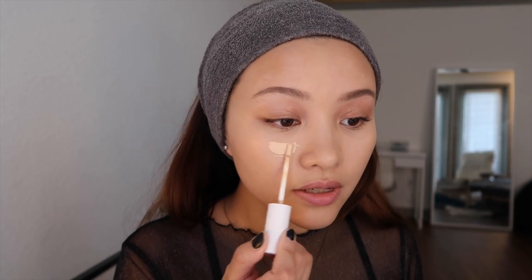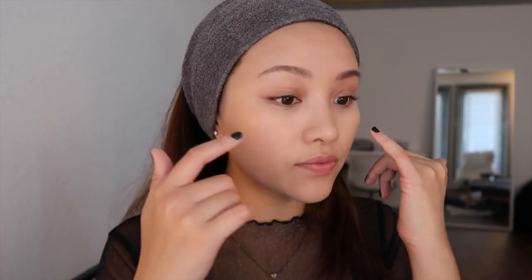effect. You know what, I'm gonna add more to see if it creases or cakes up or anything. So far I really like it. I think it kind of makes my cheekbones look crazy because it's a little bit lighter, but I think it blends really well. I have some wrinkles and dry areas around my eyes because I have really dry eyes from eczema, but so far it hasn't really settled in the creases, which is amazing because all of my concealer settle